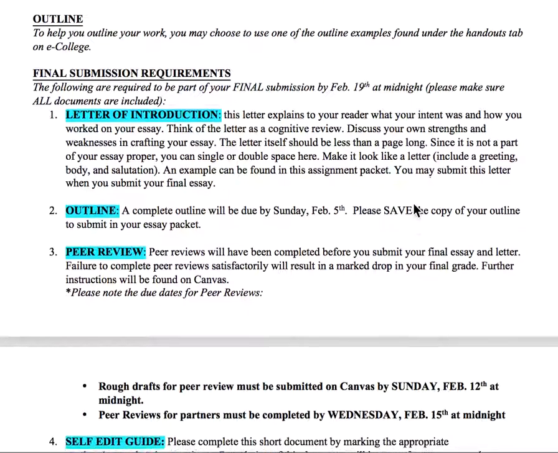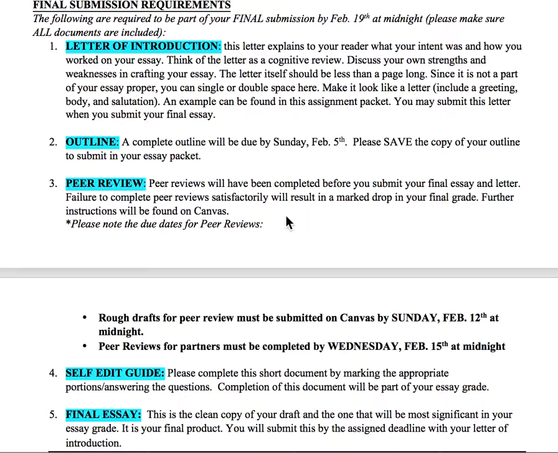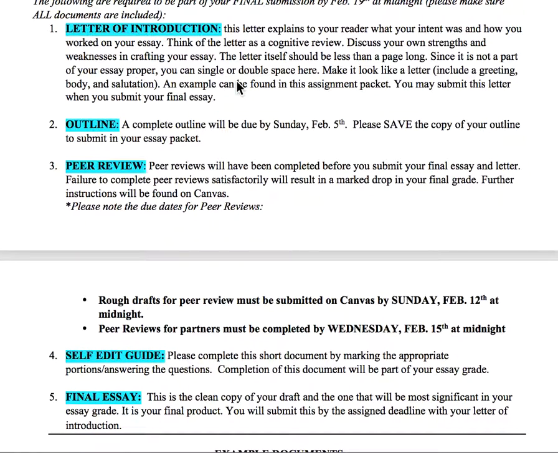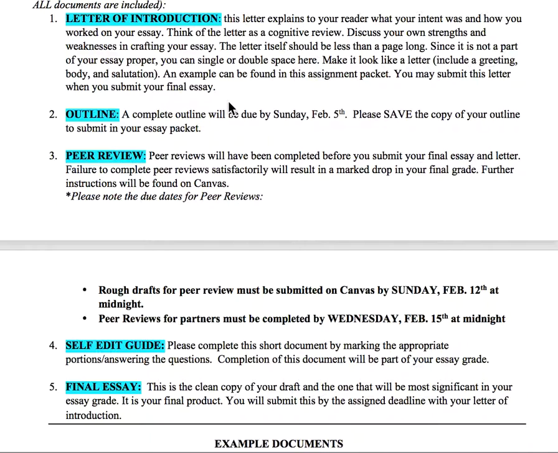And essentially, when you submit this, it's going to be one comprehensive Word document, and it's going to require a few different things. So one is it's going to require a letter of introduction, which is a Garden City requirement. So you're going to create a letter that explains to your viewer, which is me, what you're writing about and why you think it's important. It's going to be short. It doesn't need to be longer than a page.